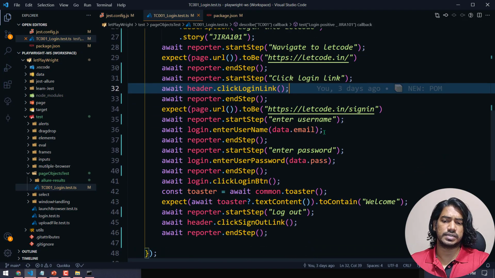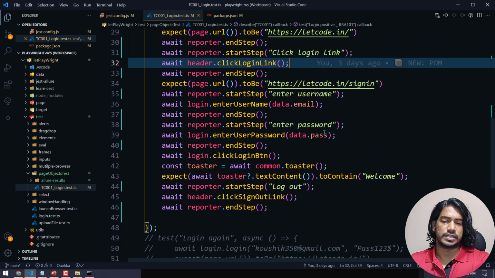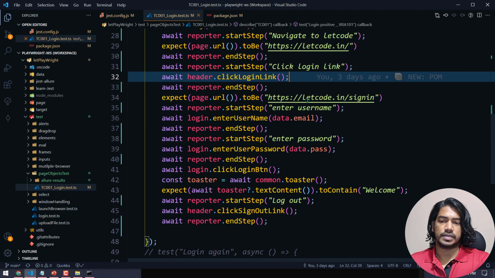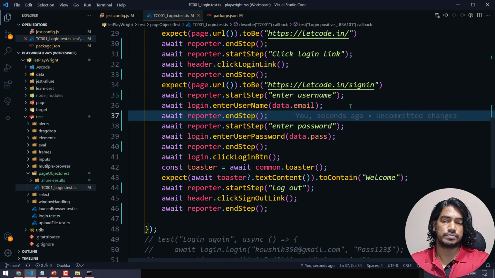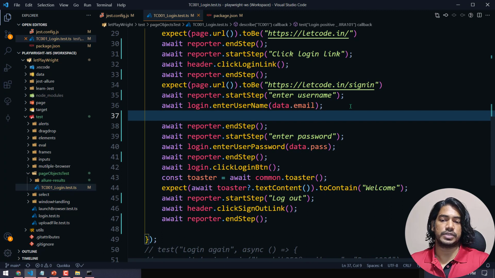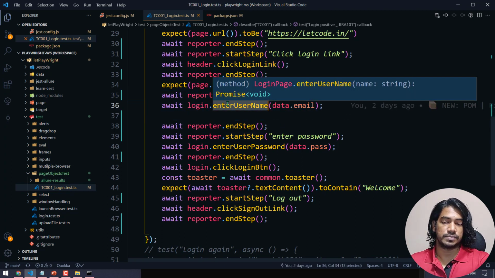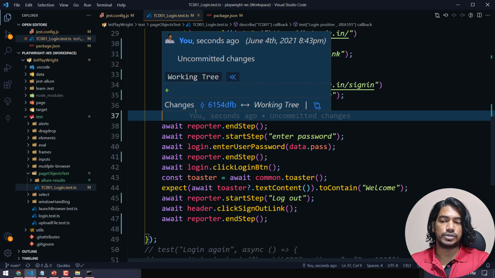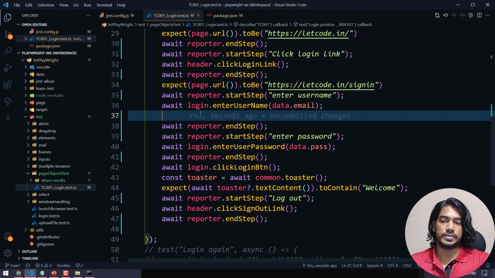Very easy code only, nothing much here. Okay, so for example, let's say that once I enter the username, I want to get the screenshot, right? So before ending the report step, here we started the report step, we are doing some action using Playwright, then we are ending the report step to store the result in the report. But before that, I want to take the screenshot and paste it here, right? So I will just copy and paste here.